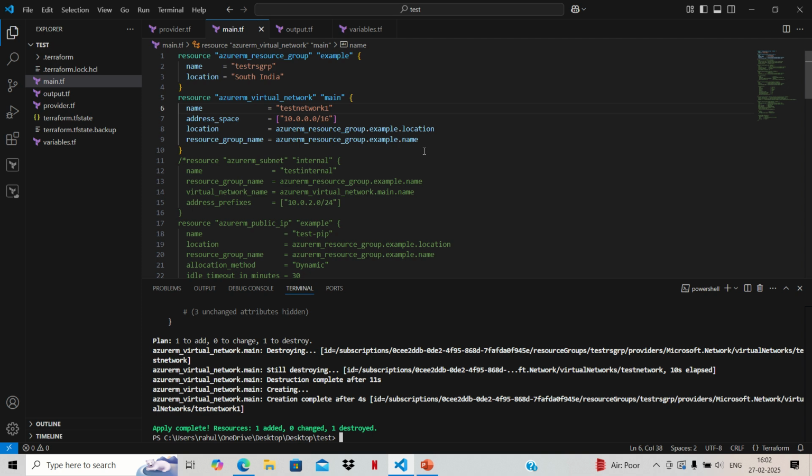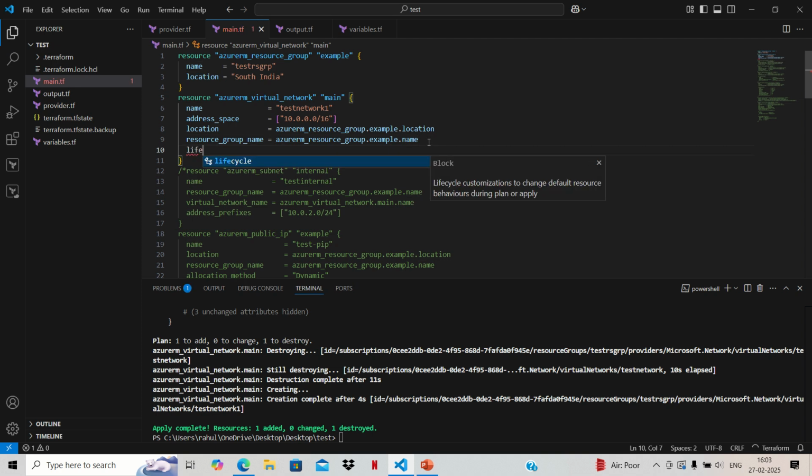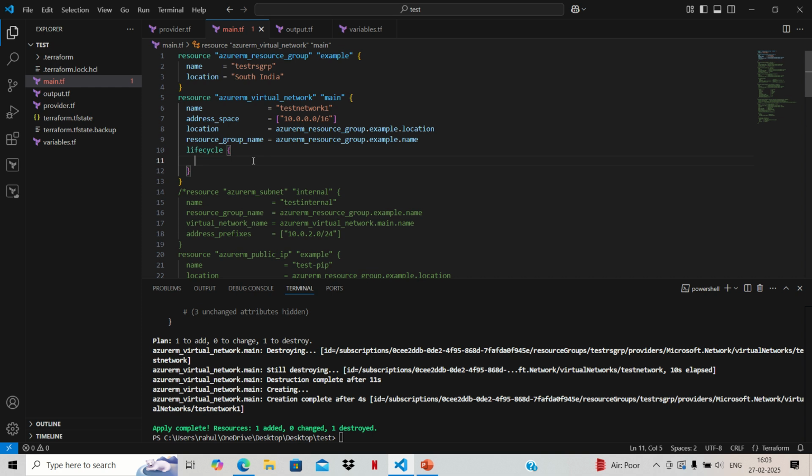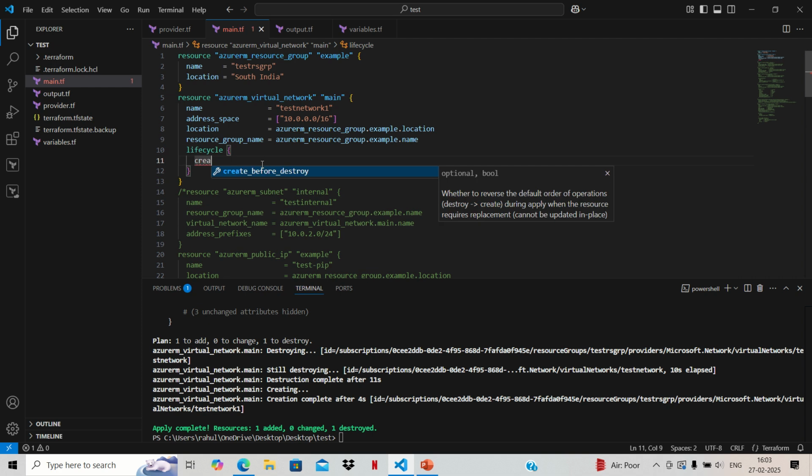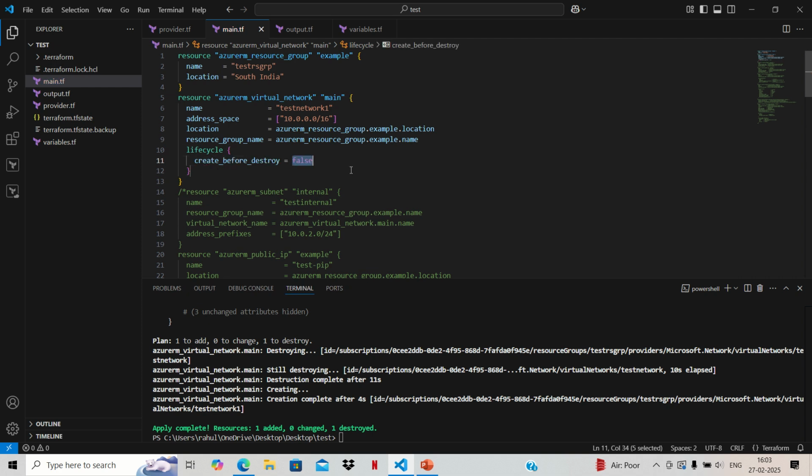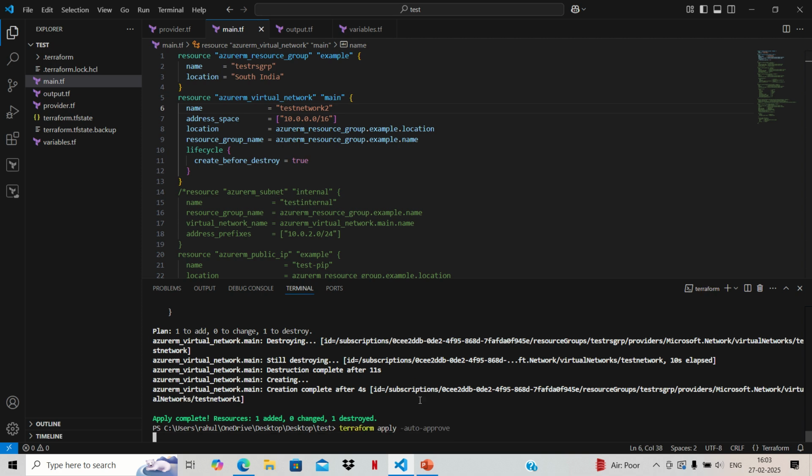So now who will come to save us? It is the lifecycle block. So suppose I'm placing a lifecycle block here, and we are setting create before destroy as true. By default its value is false, so we are making its value true. And now if we change the value to test network 2, and apply this,